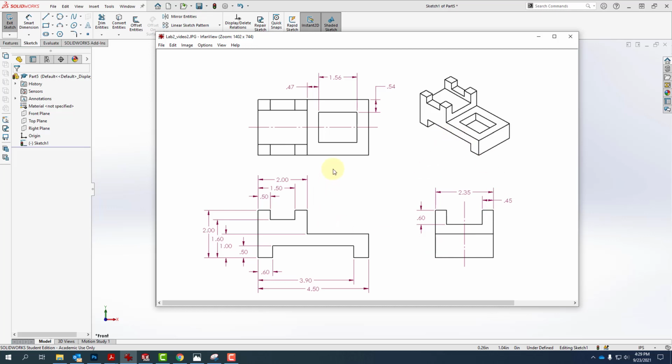Hi, in this video we'll go ahead and make this part. This was on the handout, but you'll notice that I've changed the way the part is dimensioned, and I've added in a dimension that was missing. So we're going to go ahead and create the front view, and the dimensioning is put in what's known as